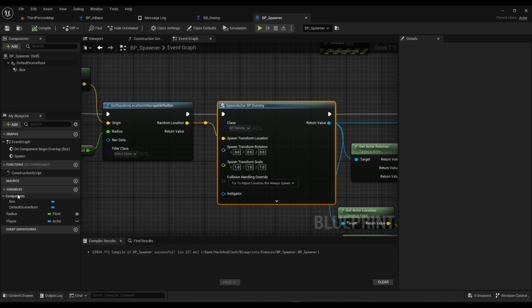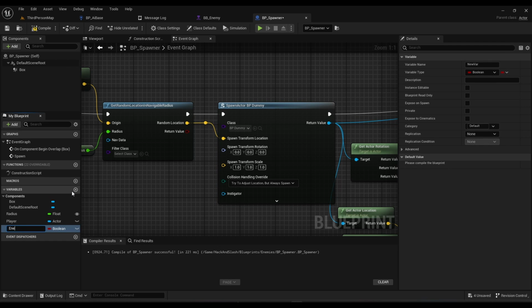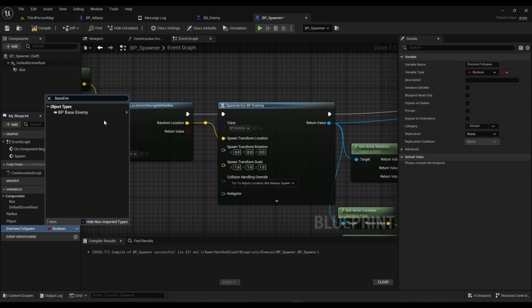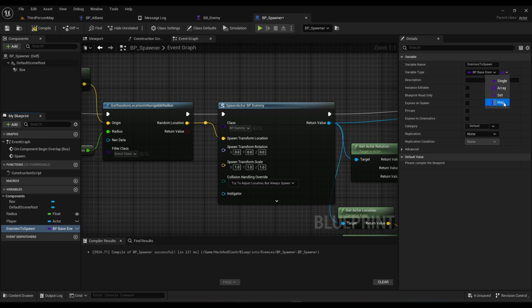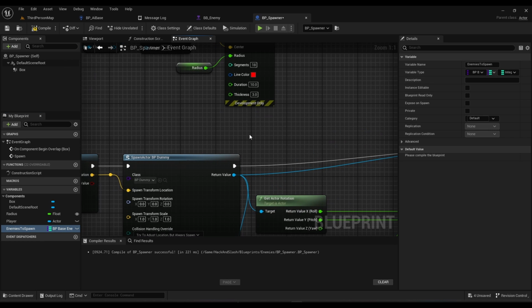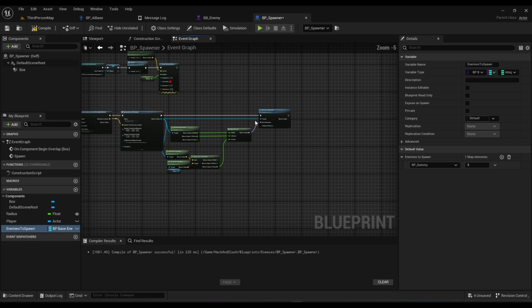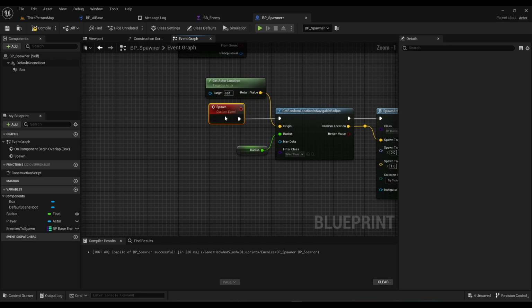So inside our spawner, let's make a variable and call it enemies to spawn. We're gonna make it a BP base enemy class type. We're gonna make it a map, and it's gonna be bound to an integer. We're gonna compile, and what we're gonna do is add, and so we can select our class, and then we can select the amount. So I want to spawn 5 dummies. And so what we're going to do is on the spawn,